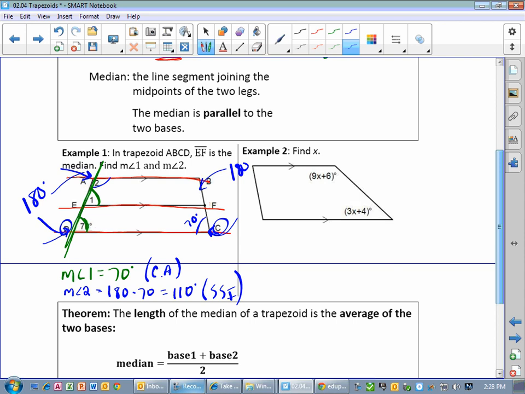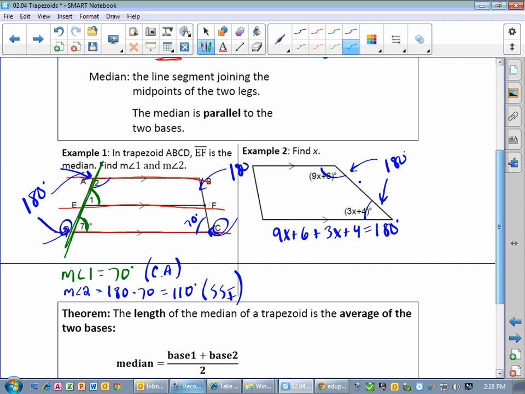How are these two angles related? They're supplementary. So top and bottom on each side. Notice top and top, not necessarily 180. Top and bottom on the same side, these have to add up to 180. And so we can write an equation. 9x plus 6 plus,